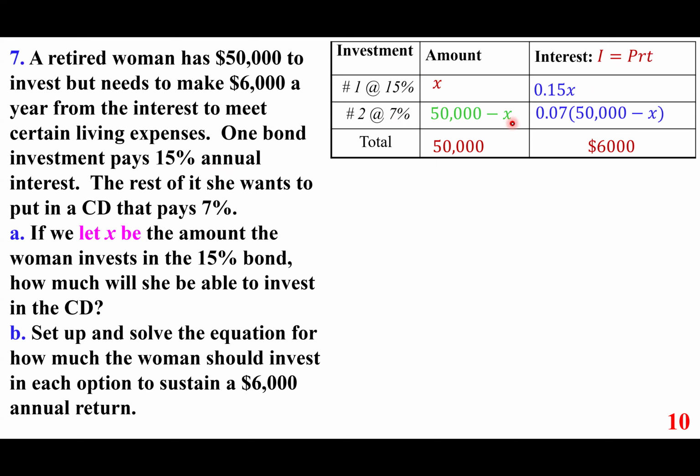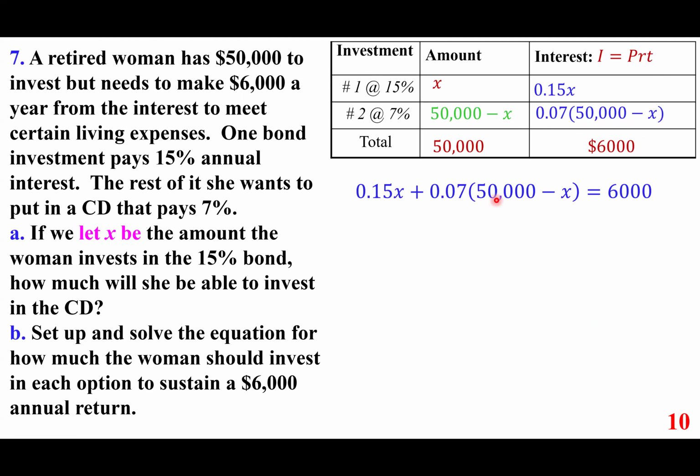And so these two must add up to 6,000. So 0.15x and 0.07 times 50,000 minus X must add up to 6,000. That's how you solve this. And so having said that,